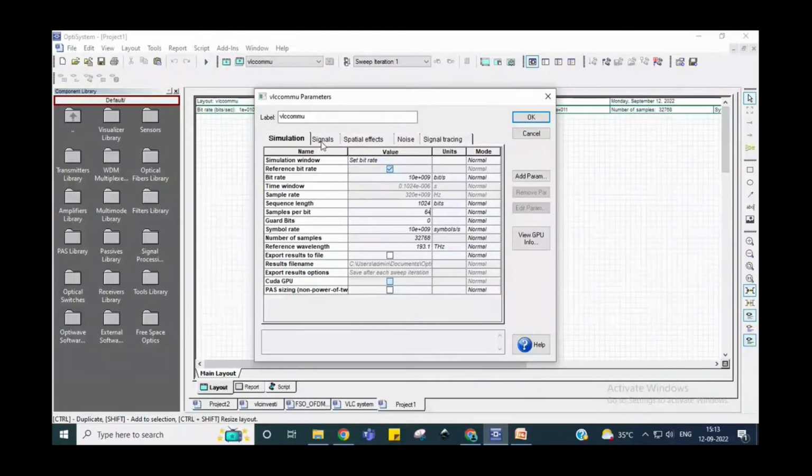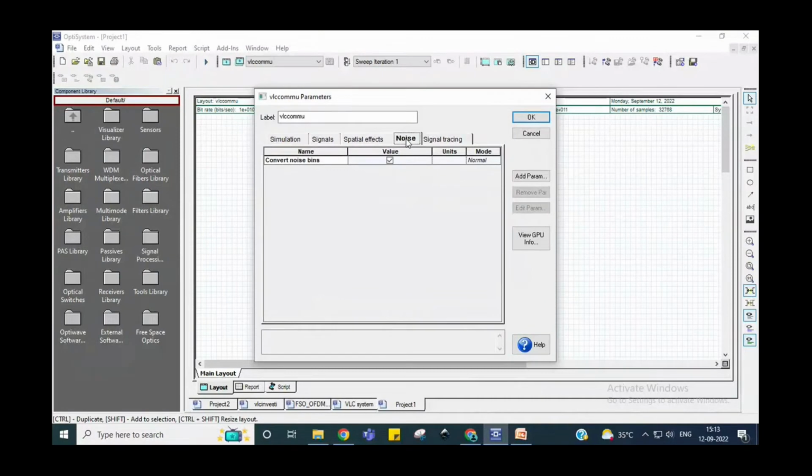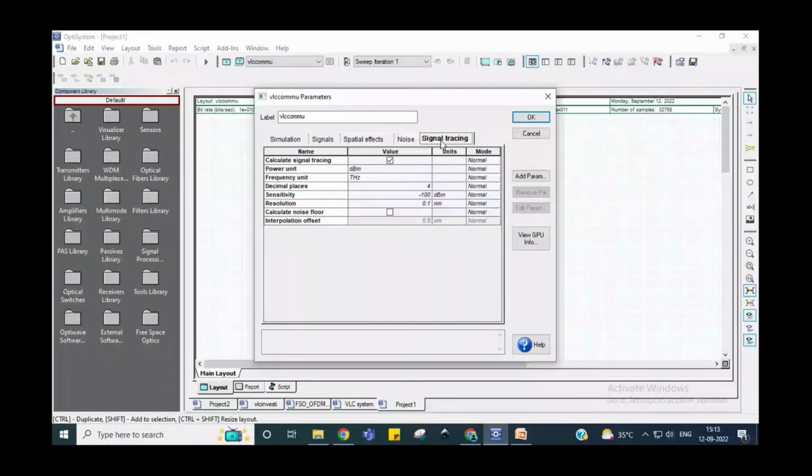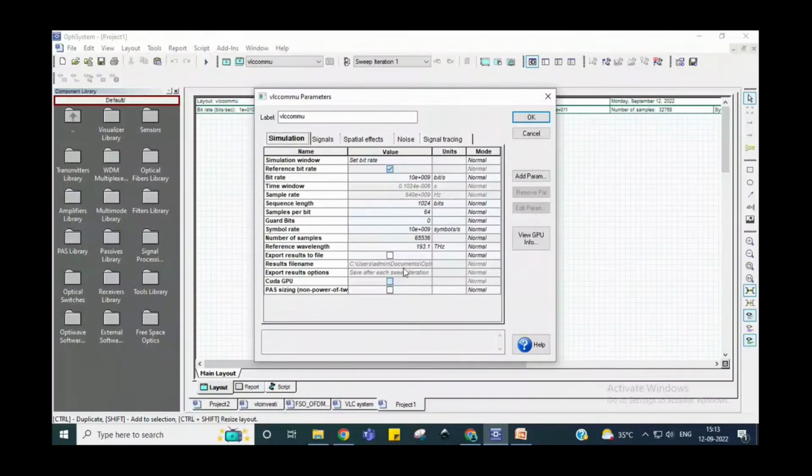This is the simple parameter setting. For our simple design, we just need to set the samples per bit, and we can set the bit rate up to 1 Gbps